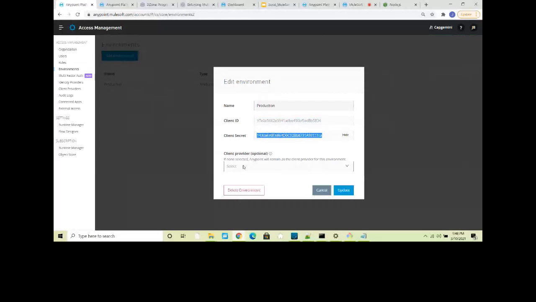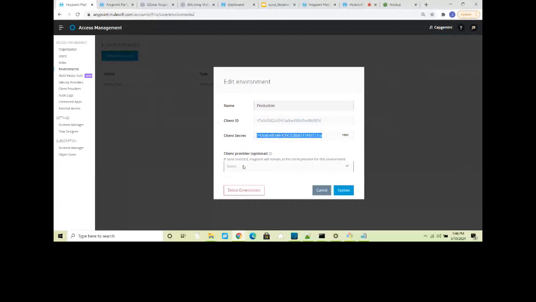Let me try to run this command. Let's see if it works. Before that, I want to apply the policies also, so I can copy this command. I want to apply a policy to this particular API. We will see this demo later. So instead of that, I can run this command directly. You can automate it in a shell script also. I have Anypoint CLI open here, and I can execute this command.